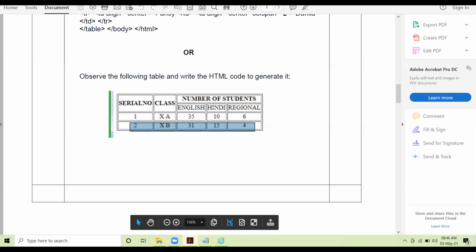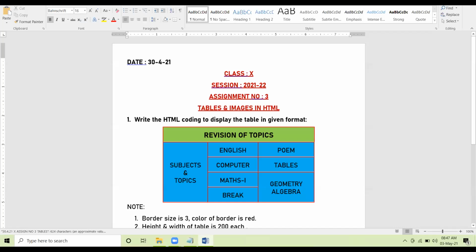So now I would like to revise the assignment that I have given to you people. Is MS Word visible? MS Word page visible? I think this was the assignment which I gave to you day before yesterday.